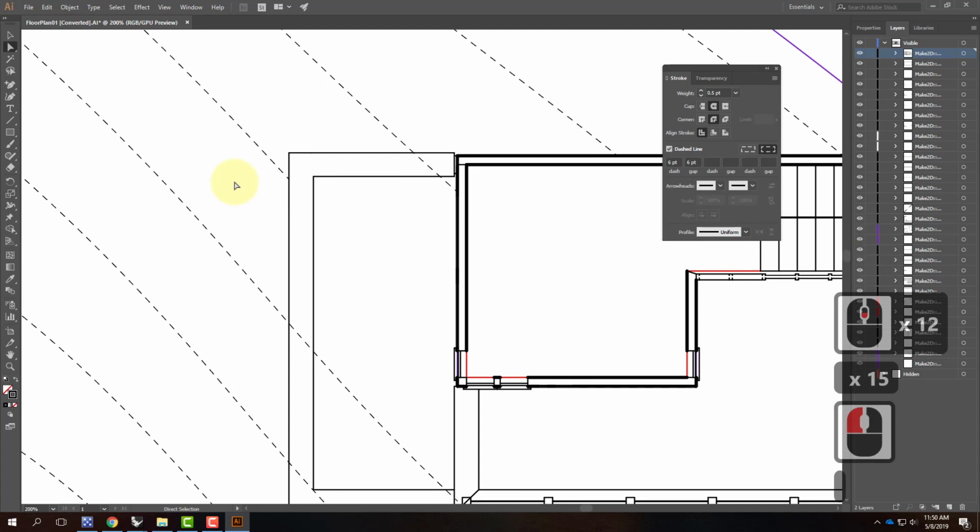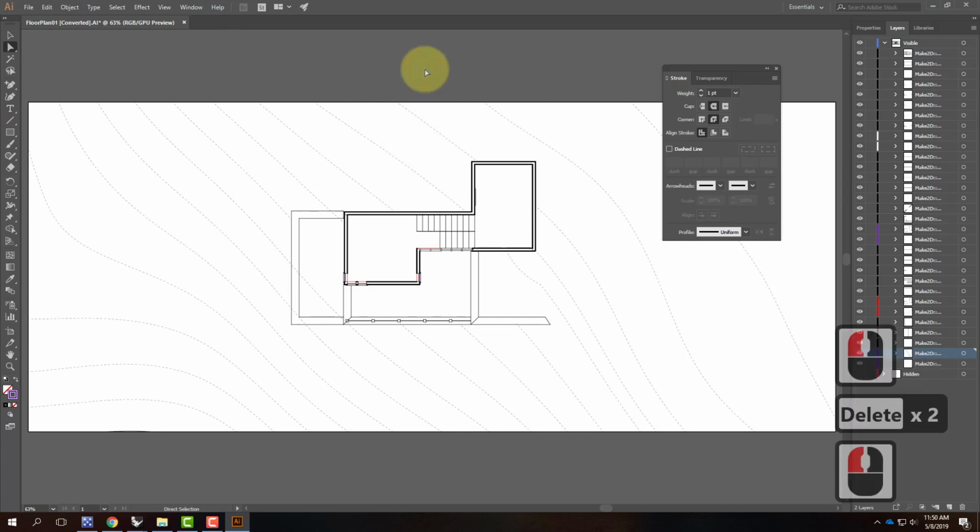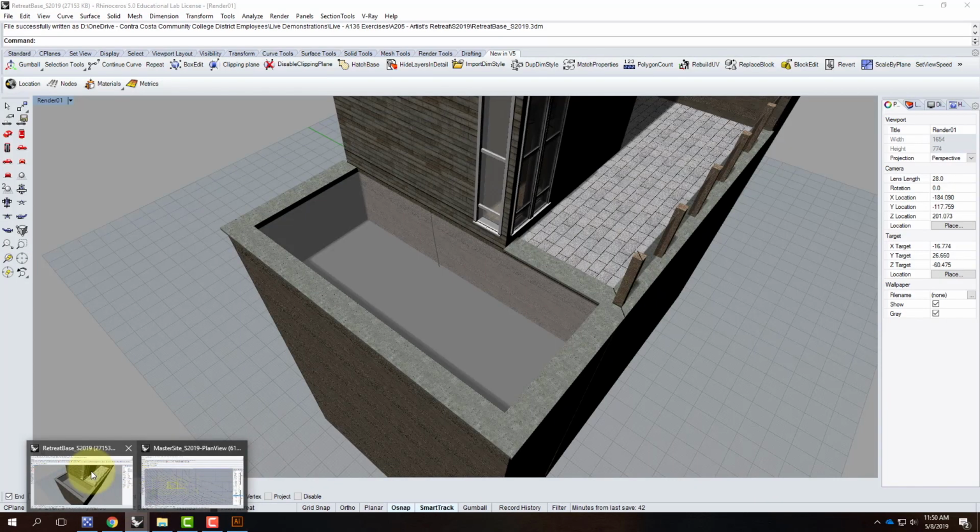So like I said, there's little things to make corrections, but you guys don't need to sit here and watch me make those corrections. I'll press Control 0, and we can see the bulk of the floor plan already starting to take shape. So at this point, it's time to go back to that Rhino model and create the clay